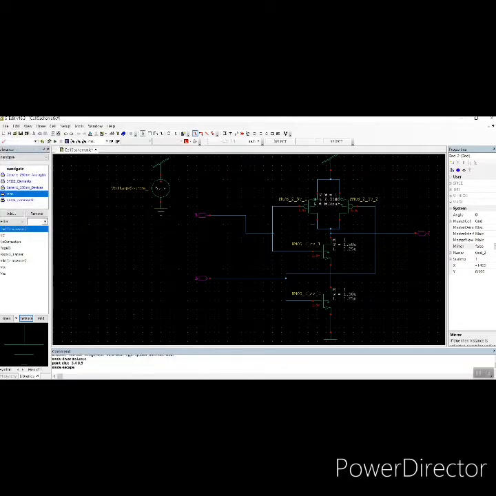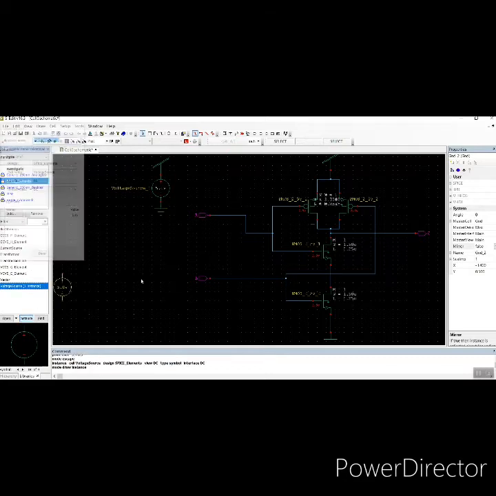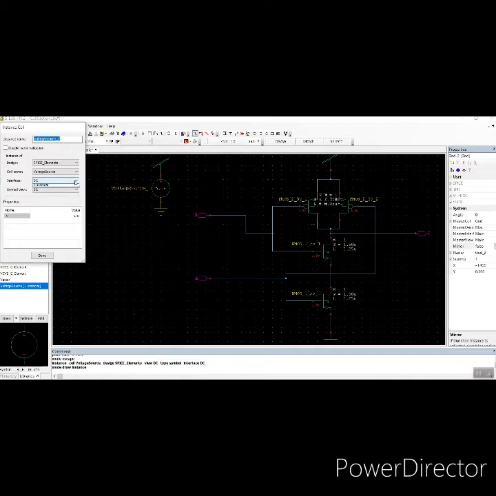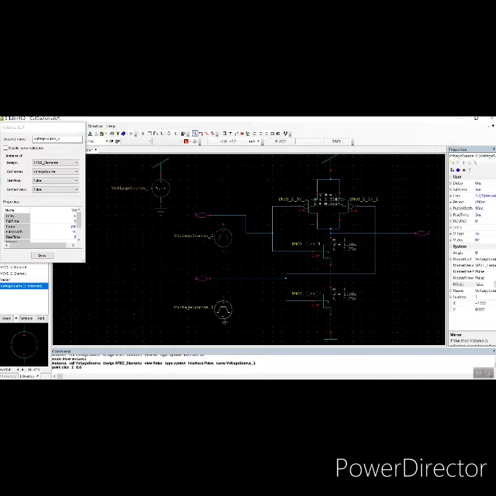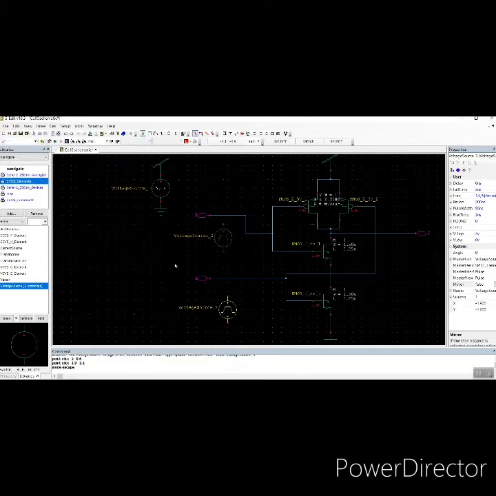Then we need to give input voltage. For giving the input voltage, we need to change the interface as pulse. Then for B, for the voltage source we are giving to B, we need to change the delay time in order to get the 4 combinations of output.